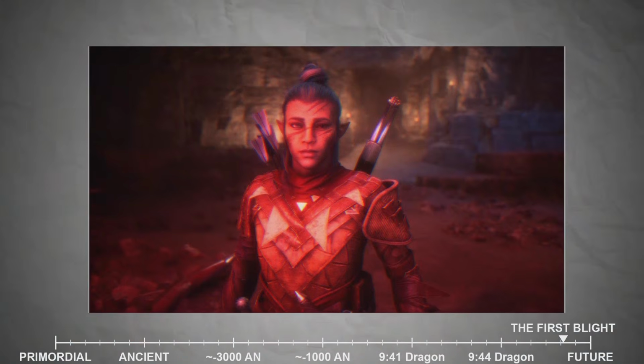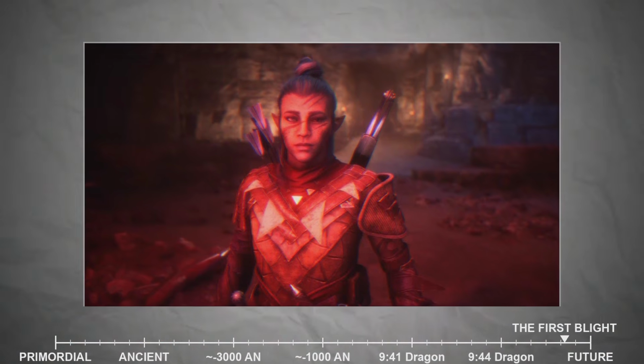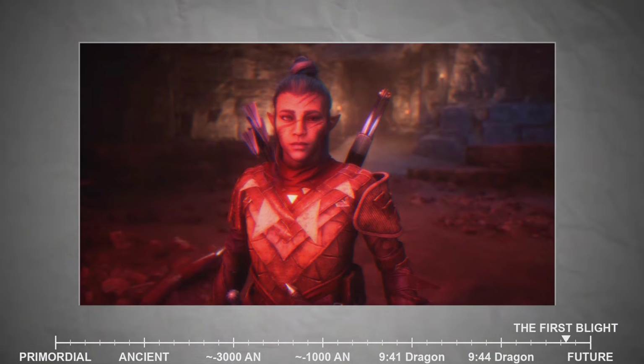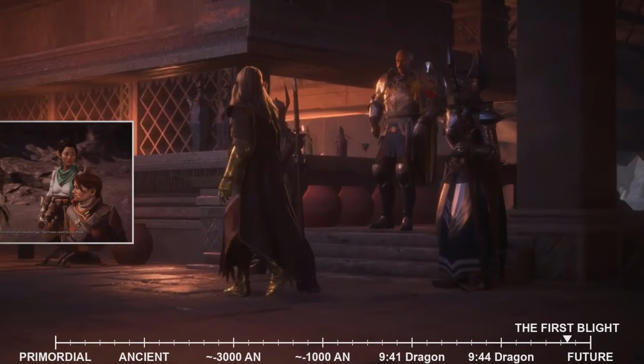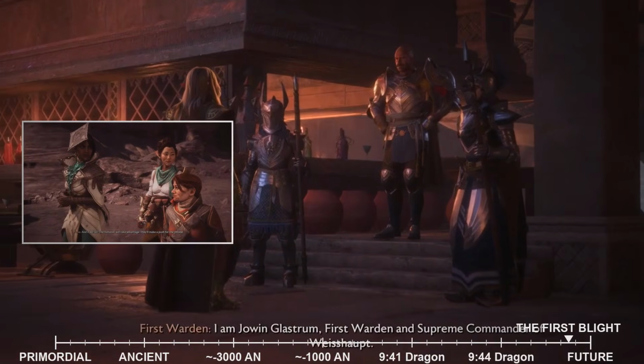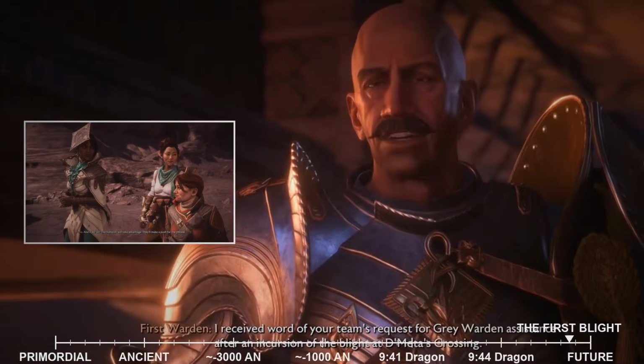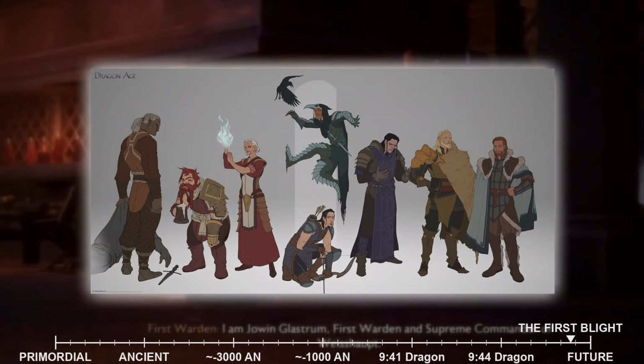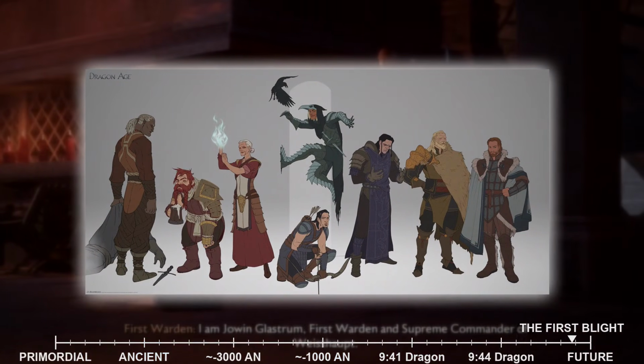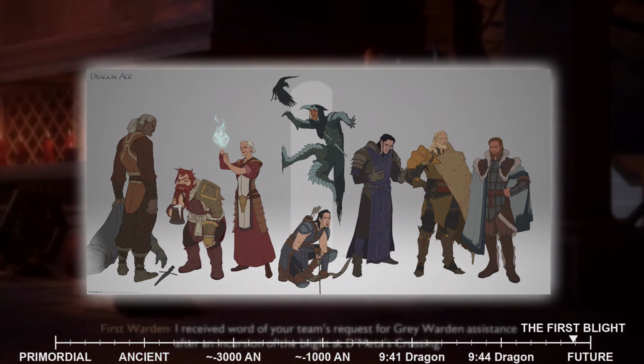This came at a terrible cost, however: a shortened lifespan and the constant threat of succumbing to the taint. Despite the dangers, brave men and women from all races answered the call, dedicating their lives to the singular purpose of fighting the Darkspawn. They were a diverse order, bound not by nationality or creed, but by their shared vow to protect Thedas from the Blight.